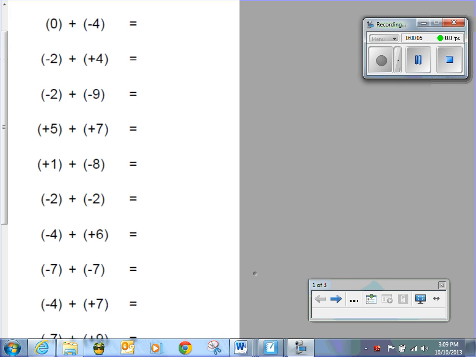The next thing in your packet is some questions about adding integers. We need to go ahead and focus a little bit more on how to add integers. So we're just going to take a little mini lesson here and practice on how to add integers. Now, the first question, I'm going to go over the first 5 and have you answer the next 5 in this set of questions. The first question here